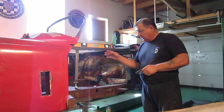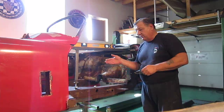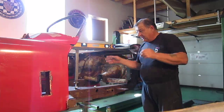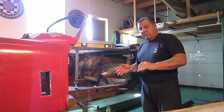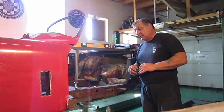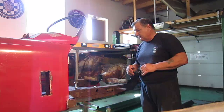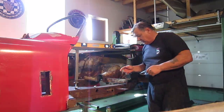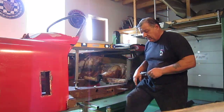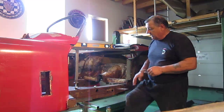So what I'll do is clean up what needs to be cleaned up and then take it outside and sandblast the area where it's going to be covered when the sills are back in. The rest I can get to with a big sandblasting machine. So I've made up a little tool here which I'll show you in a minute, but